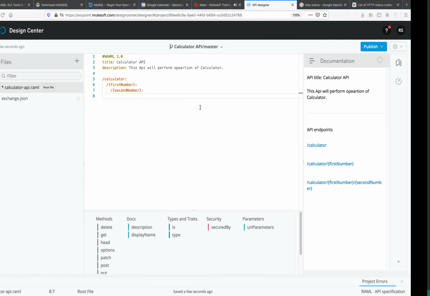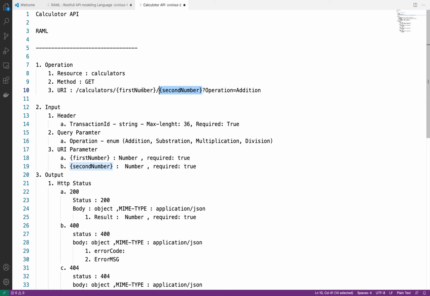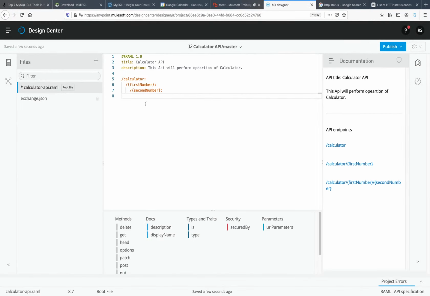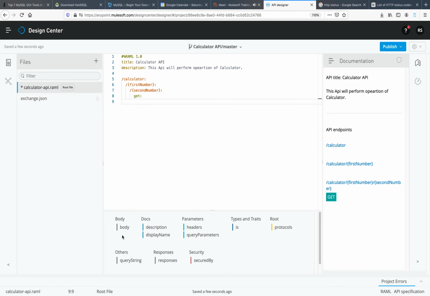Okay, so when you define all the resources, resource means this resource and nested resource, then you need to define method. Okay, so what will be our method? Get. So you can see here by default you will get suggestions of what all things you can define here. So I will take this get method.